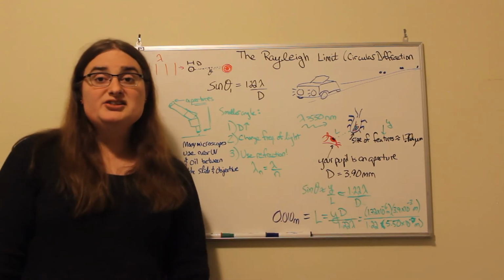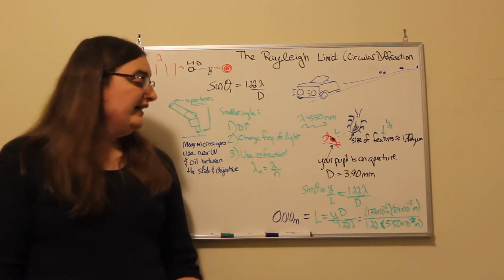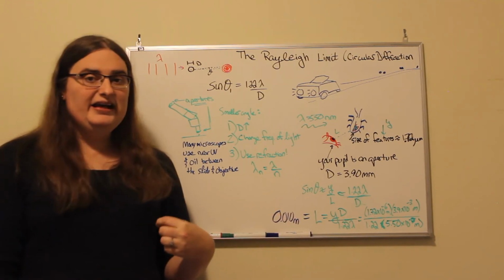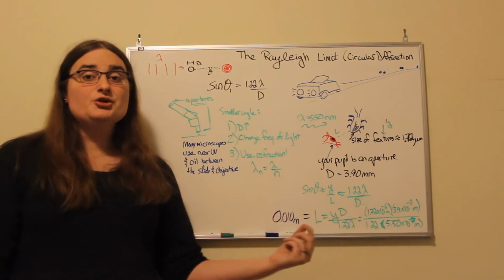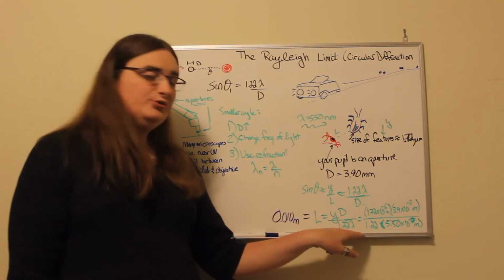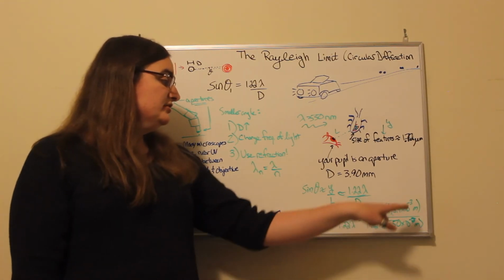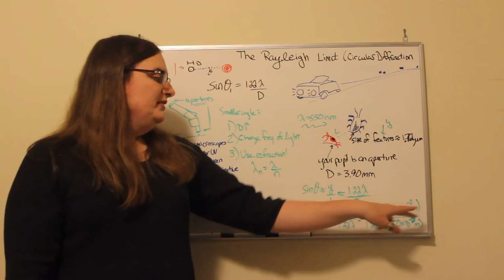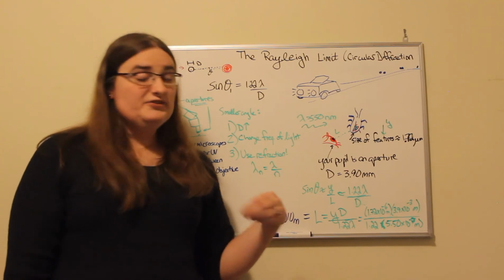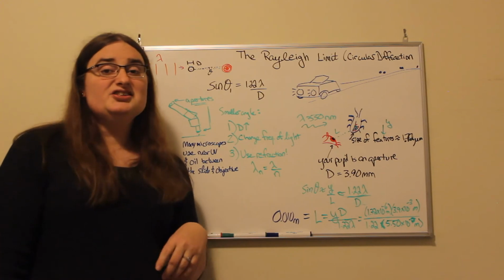And by Rayleigh's limit, that would be equal to 1.22 times the wavelength of our light divided by the diameter of our pupils. So the distance we need to get would be equal to the size of the feature we're trying to see times the diameter of our pupils divided by 1.22 and the wavelength of light. So if I plug in the size of my feature, the diameter of my pupil, 3.90 millimeters, 10 to the negative 3 meters, 1.22, and 5.5 times 10 to the minus 7 meters, 550 nanometers, we get a distance of 1 centimeter away,